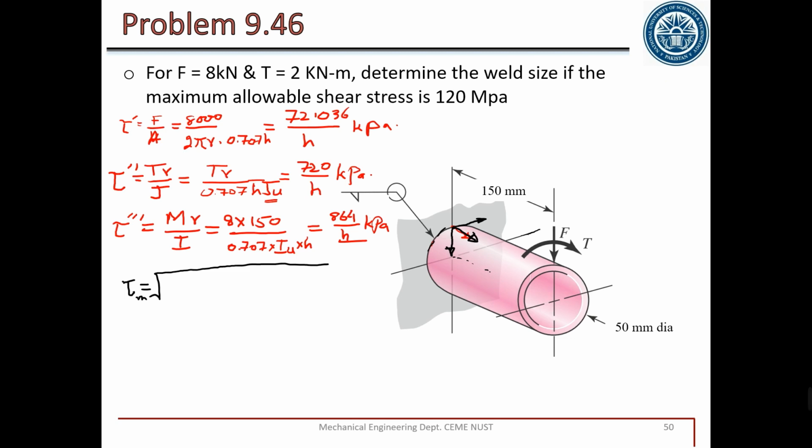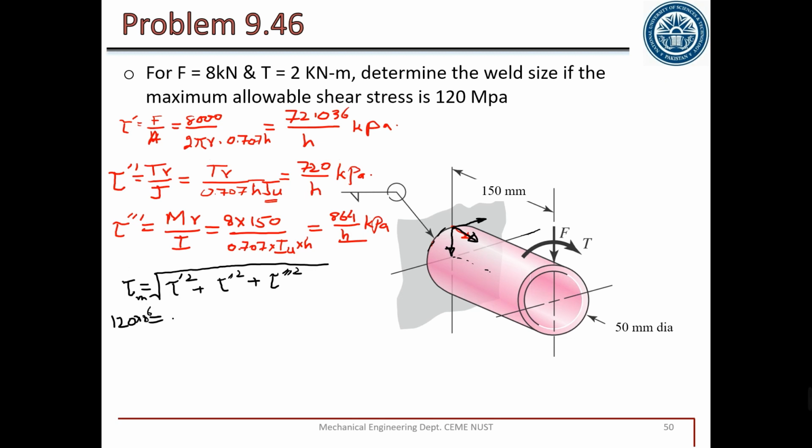But in this specific case, all three are perpendicular to each other. So in x direction we have only one, and we will just write tau prime square plus tau double prime square plus tau triple prime square. Each shear stress is in one single axis, so we don't have any sine or cos value. So substituting all the values, 864, 720 and 72, we will get the final value. I have not calculated the final value, I have just used this value as I will be using. It is 120 MPa